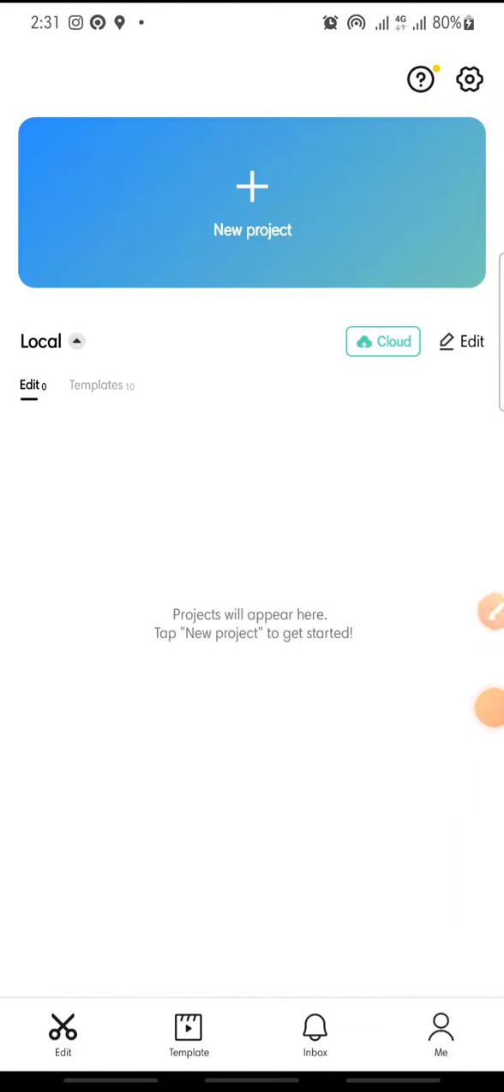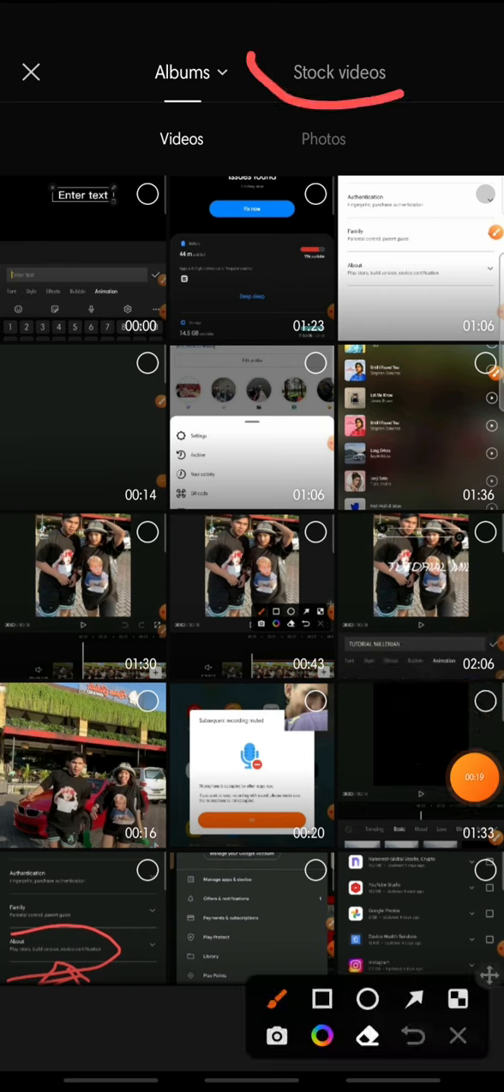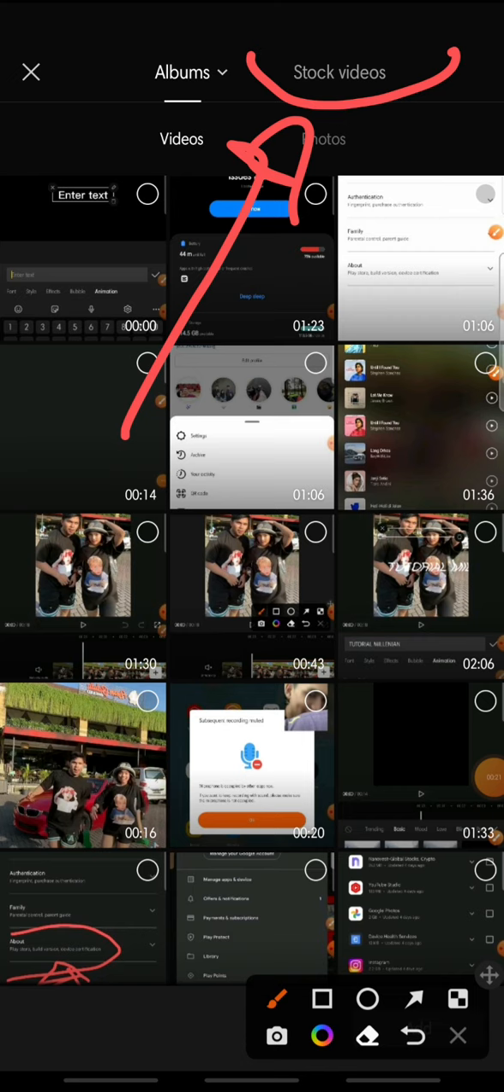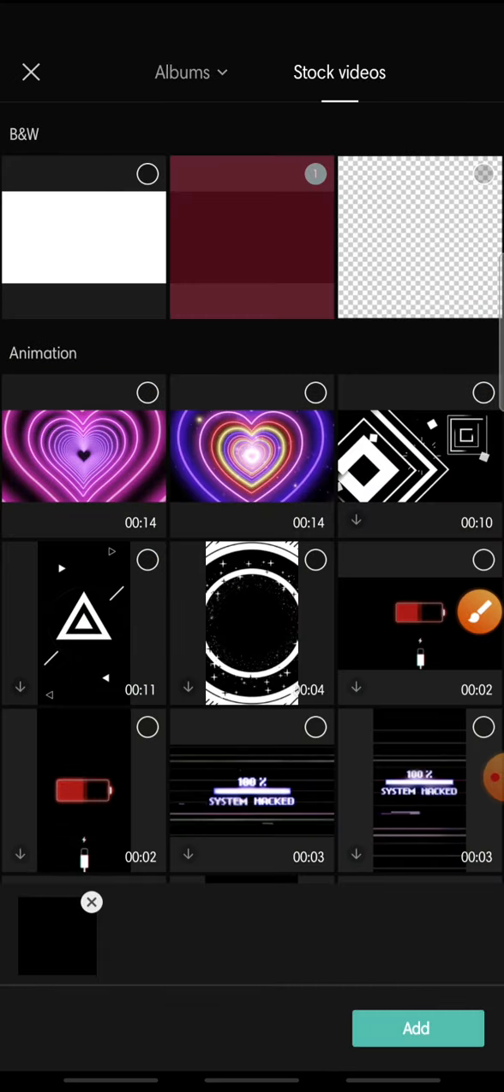In this video, I'm going to show you how to make a multicolor text on CapCut apps. Let's get started. First, open your CapCut, click new project, and in here I wanna add a black video, so you just click on the stock video at the top and then click a black video and add at the